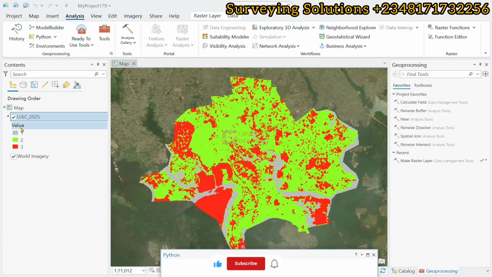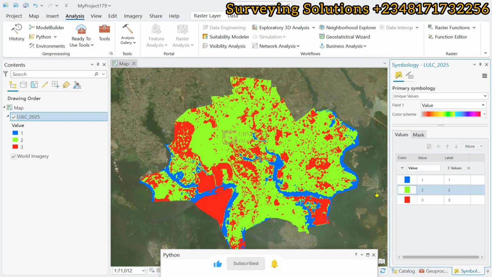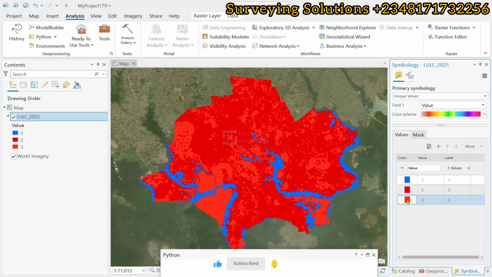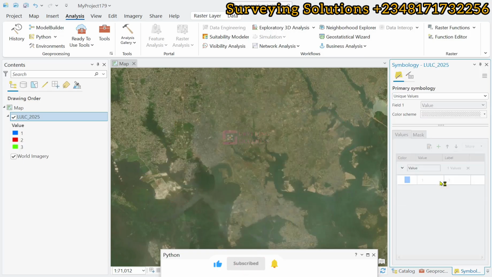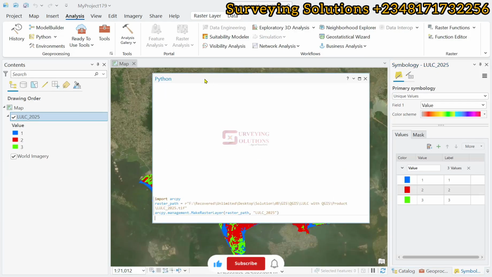So we have three classes. This should be the water body, the green should be the build up, the red should be changed to what? Green, which is vegetation, right? So basically we have used ArcGIS Pro Python window to read and import a raster data